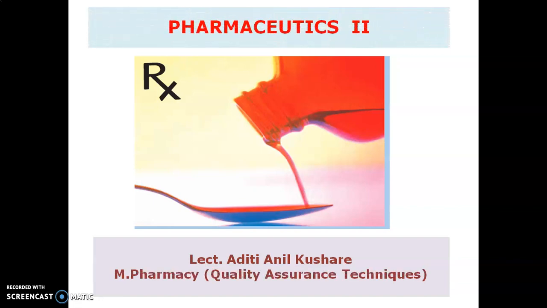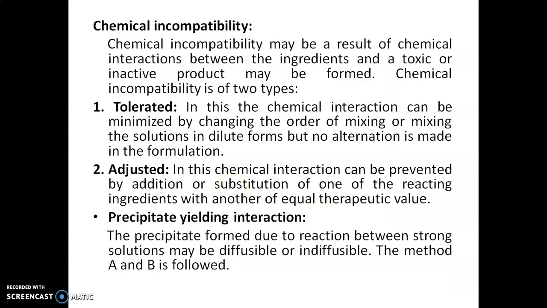Today we will discuss the practicals from Pharmaceutics 2. In previous sessions we discussed incompatibility. There are a total of 3 types of incompatibility: physical, chemical and therapeutic. So now let's discuss chemical incompatibility. Chemical incompatibility may be a result of chemical interactions between the ingredients and a toxic or inactive product